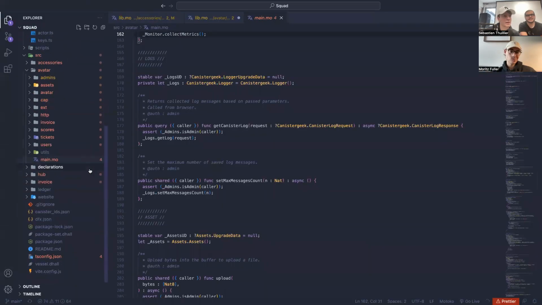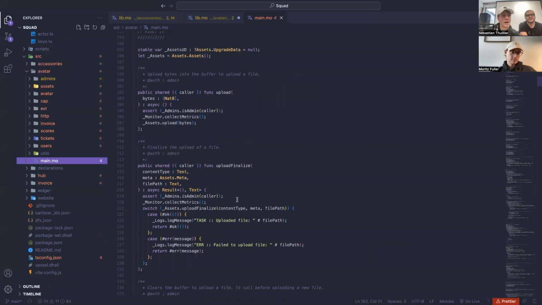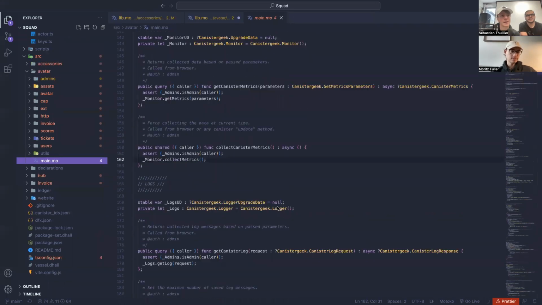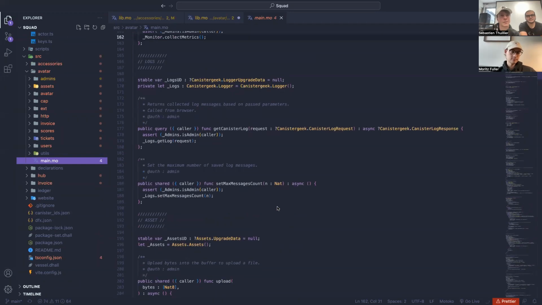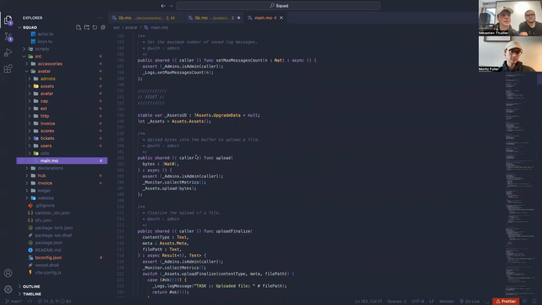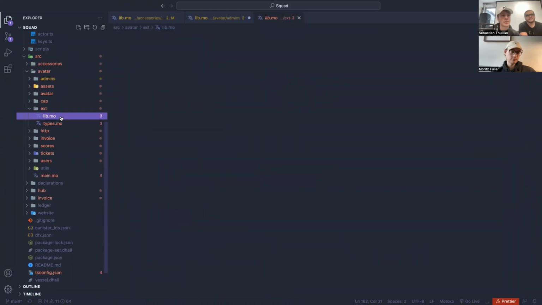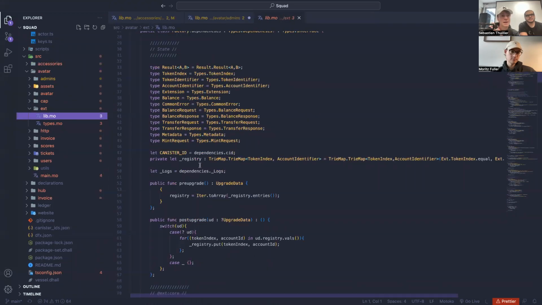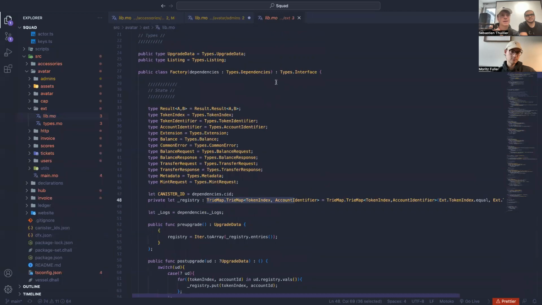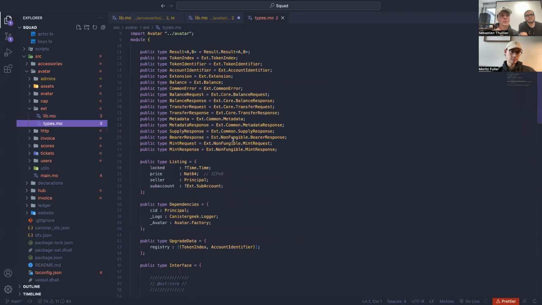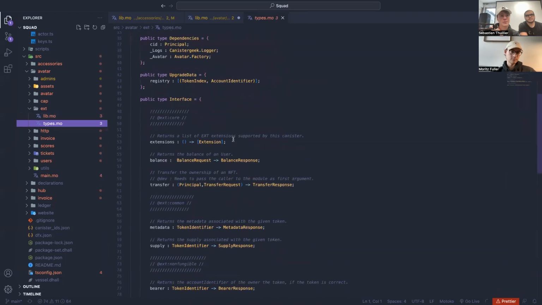This is the code of Discord, and I think what you're asking is, can I modify the state in a hash map or tree map in a module? And yes, you can do that. For example, I think we had created this ext module for the NFTs, and inside of that you have the registry. So this is a tree map and it's inside the module. But of course, it means that when you upgrade,